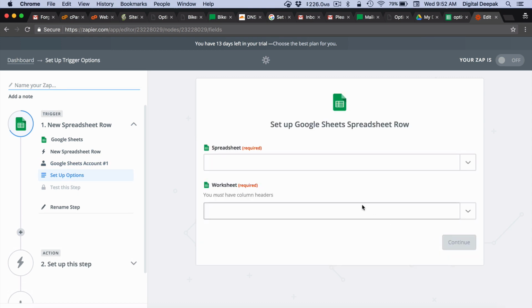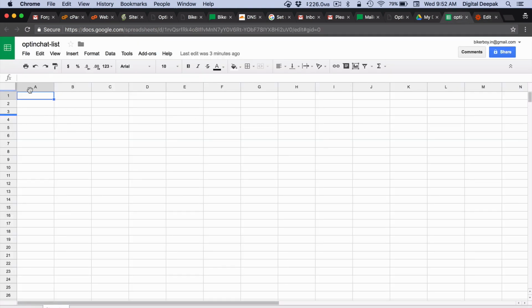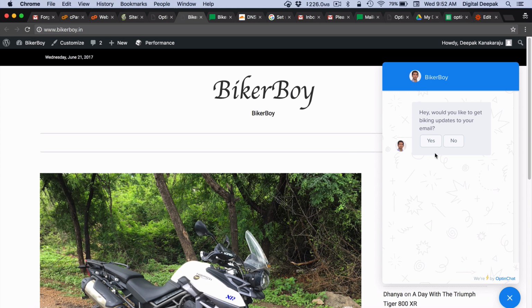So I would click on save and continue. Now I have to select the spreadsheet from which the data can be taken. One of the important things here is that the spreadsheet needs to have headers. Without headers, I will not be able to fetch the data. So let me first go ahead and opt in once in this place and first see if the data is coming to Google Sheet. So here I would click on yes,